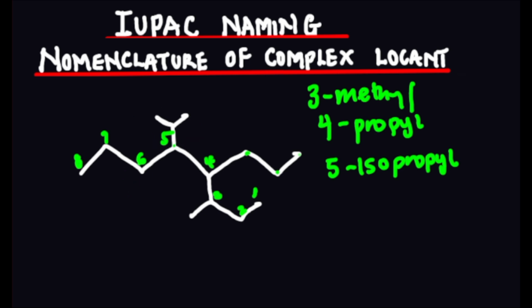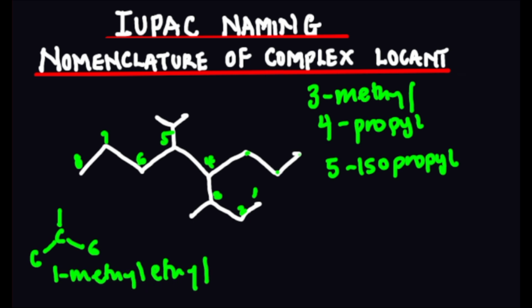Or better say, if you want to name it, you have a bond connected to a carbon. You are going to have one carbon here, another carbon here. So this is going to be 1 methyl ethyl. That's basically what you're going to have, and that's at position 5. And if you count from here to this side, everything is 8 carbon atoms,